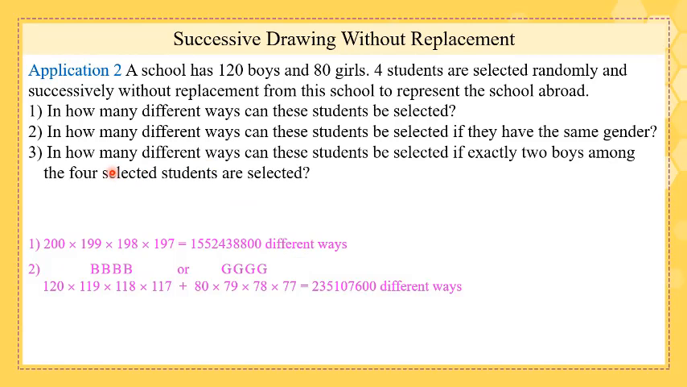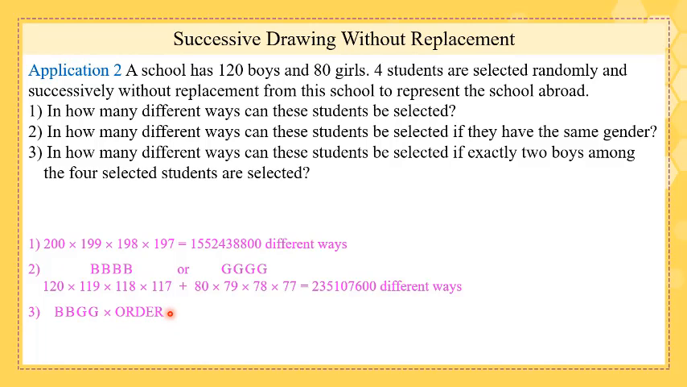Now the third case, in how many different ways can these students be selected if exactly 2 boys among the 4 selected students are selected? So we need exactly 2 boys. If we have exactly 2 boys, this means that we have also exactly 2 girls. Try to do it alone. Well, we're going to have boy, boy. These are 2 boys. So girl, girl. We're going to have 2 boys and 2 girls, and we multiply by the order instead of stating all the